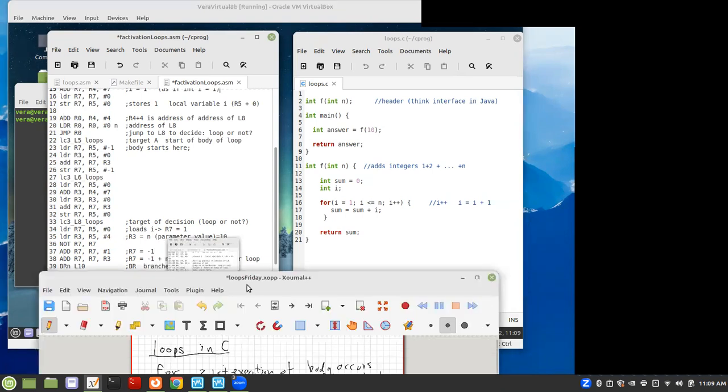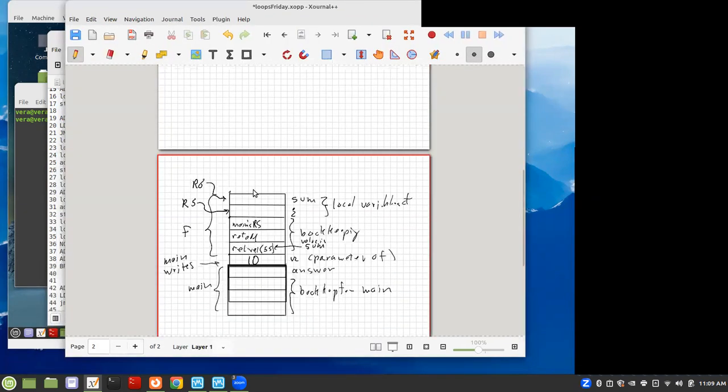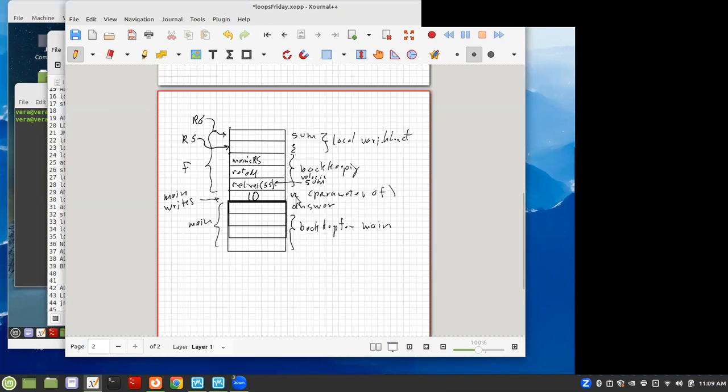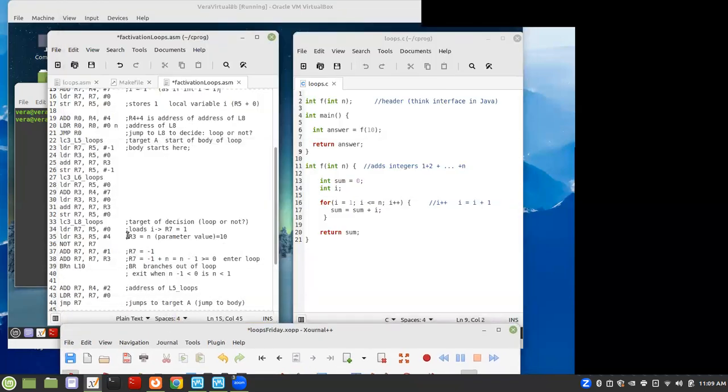We were looking yesterday at the activation record here. R5 points here to the first local variable, 3 bookkeeping, and the parameter n. So R5 plus 1, 2, 3, 4 takes you to the parameter, which is here. And then, no, I'm sorry, it's R4. This was R4 plus 4. I get confused. This is R5. We're down here. R5 plus 4 is the parameter value, 10, and it's going to make